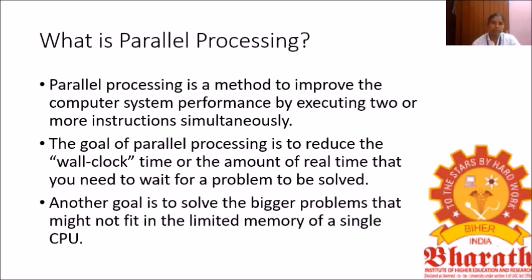What is the main goal of parallel processing? One goal is to reduce the wall clock time, or real time, which is the amount of real time needed to solve a problem. It need not wait for one process to complete. Instead, the process is separated into multiple processes, the job is shared among multiple systems, and they work in parallel to give an efficient result